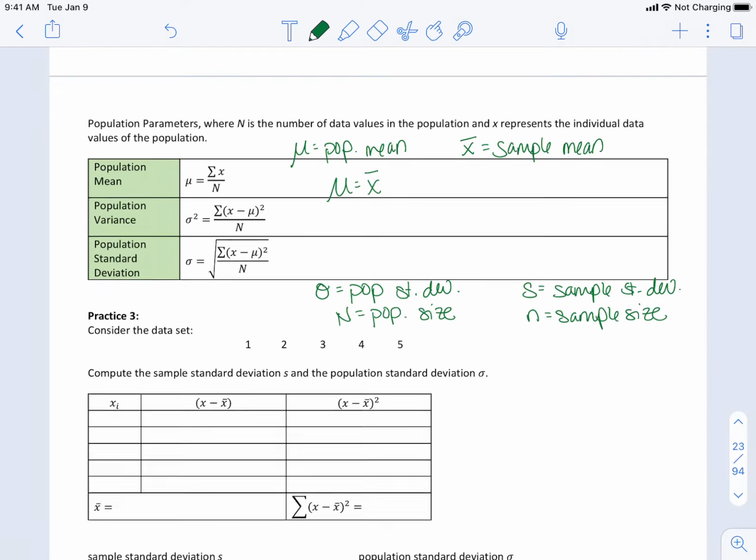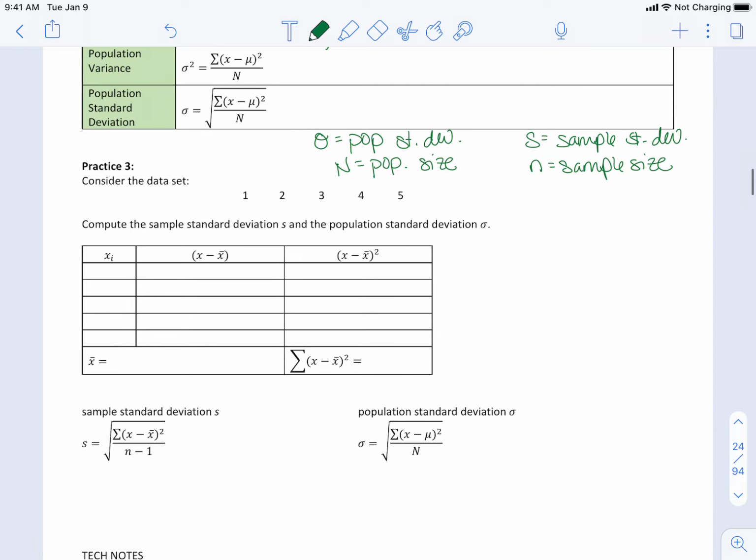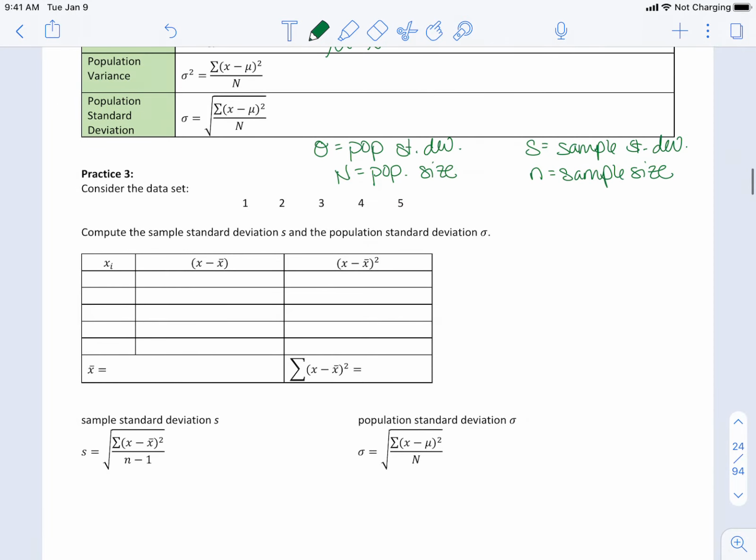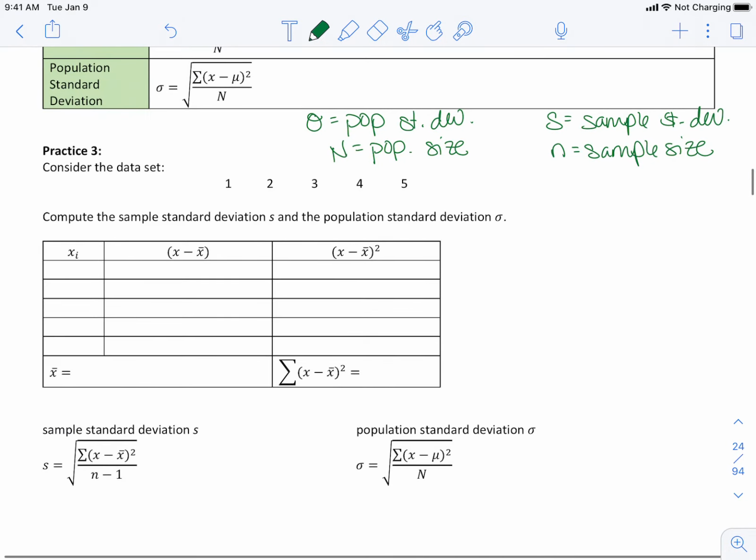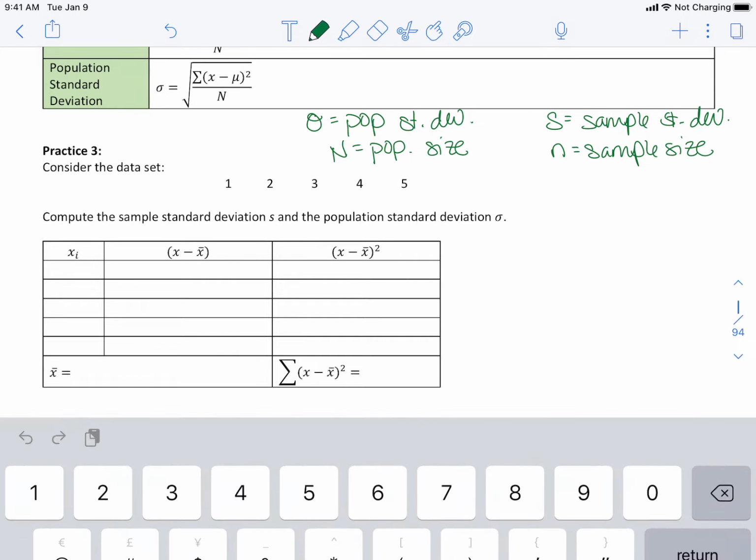Okay, practice 3. Here's our data set: 1, 2, 3, 4, 5. Compute the sample standard deviation S and the population standard deviation sigma. Please take a minute and do so. Okay, so